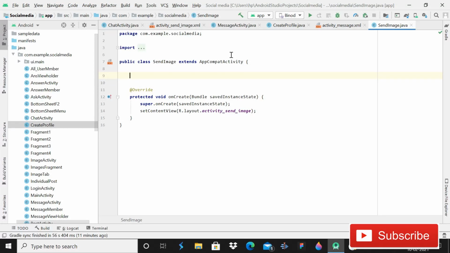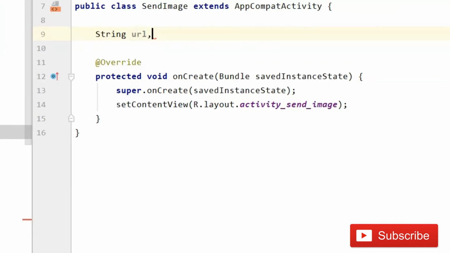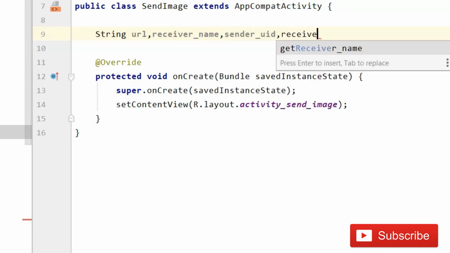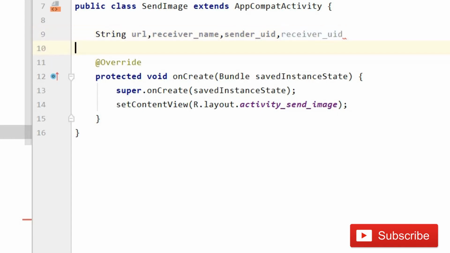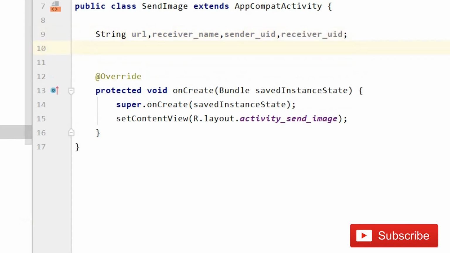So here you need to declare some basic variables, that is going to be string url, and then receiver name underscore name, sender underscore uid, receiver uid, receiver underscore uid, semicolon, these four strings.